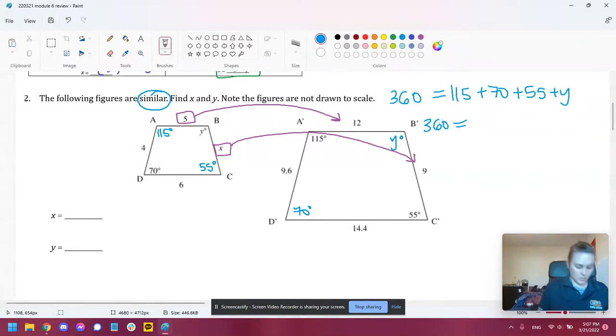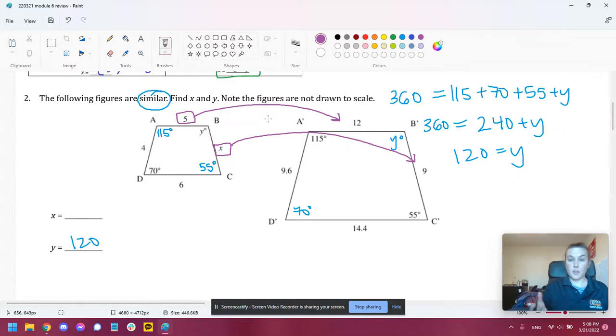Now we're going to add up these ones. So 115 plus 55 plus 70 equals 240. And then we're going to subtract 240 from both sides and get that y is 120. Nice. For the side lengths,